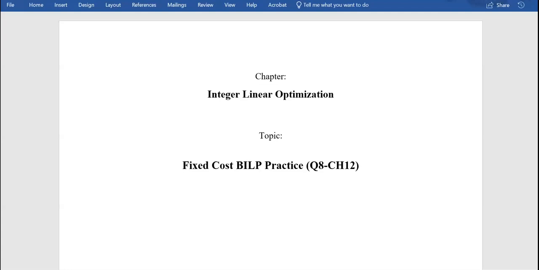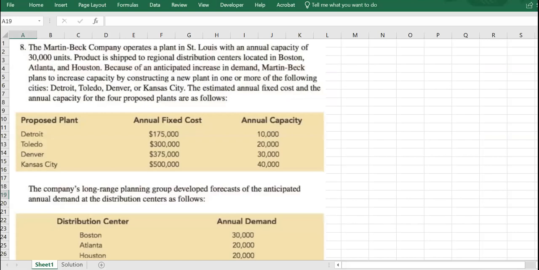In this video, we're going to solve one practice question on fixed cost formulation. Question number 8 from chapter 12. So in this question,